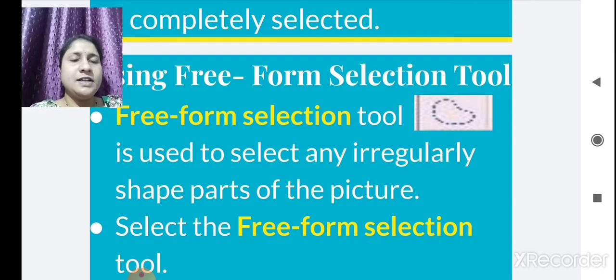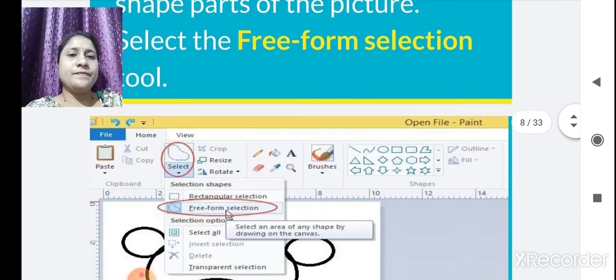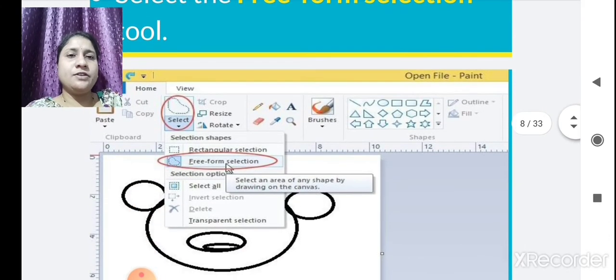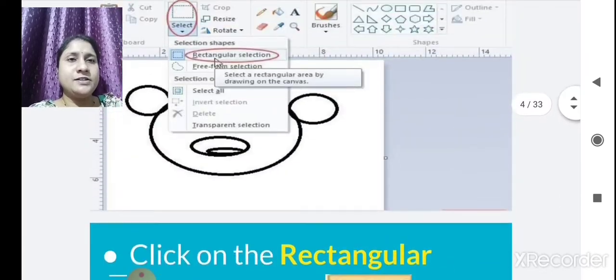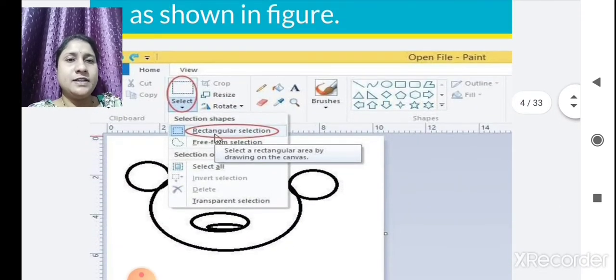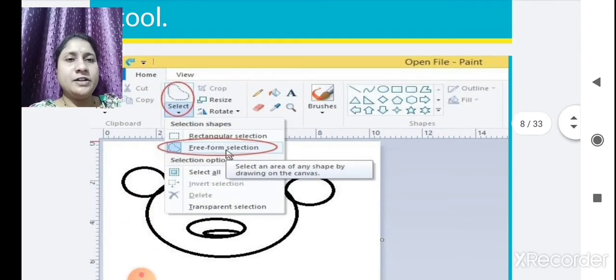When you select freeform, you are selecting an irregular shape, while with rectangular selection it comes in rectangle form. Here it will come in irregular shape.